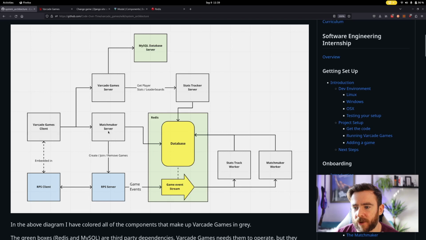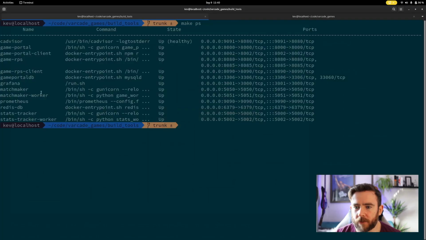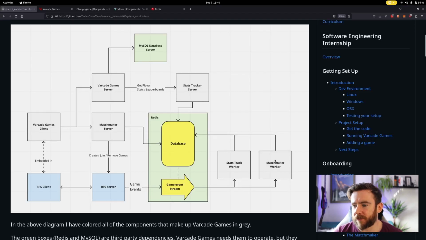So let's say for rock, paper, scissors, you can only have 2 people join a game. So what will happen is the game server will send an event saying 2 people have joined, okay? And then if you remember, I mentioned a worker before. We've got a matchmaker worker. And behind the scenes, we've got a container here called matchmaker worker that's just sitting there listening to this event stream. And if it gets an event to say this game now has 2 players joined to it,